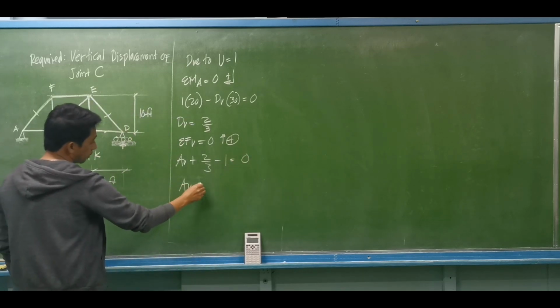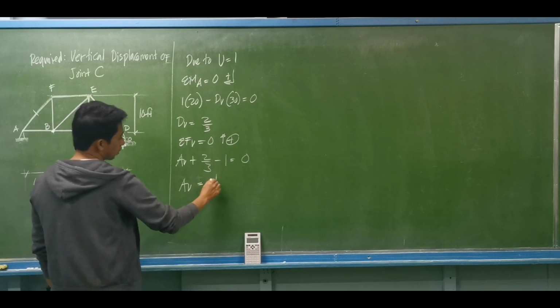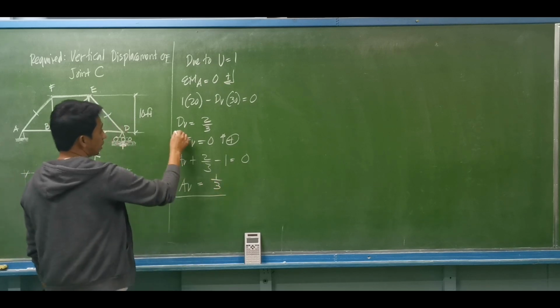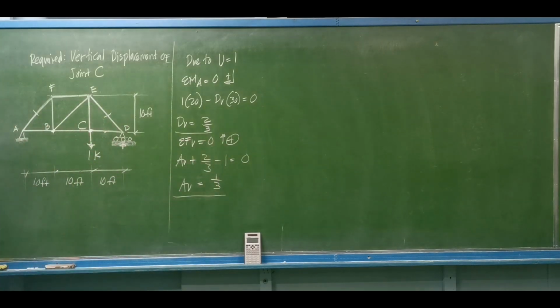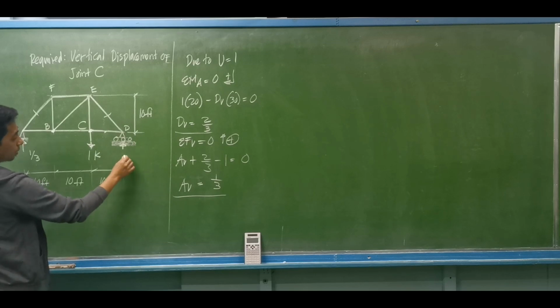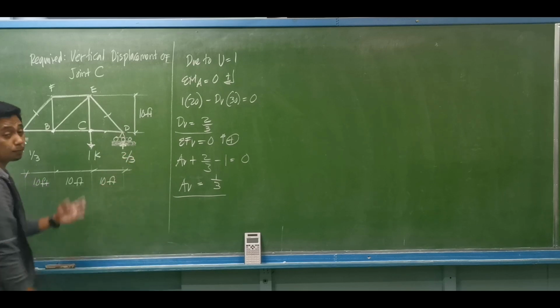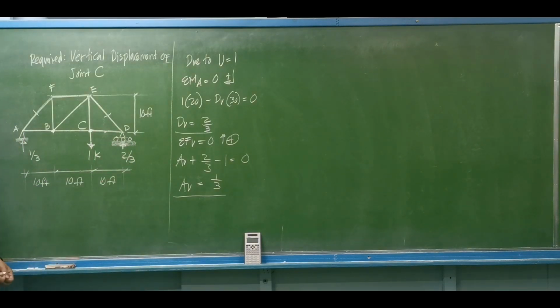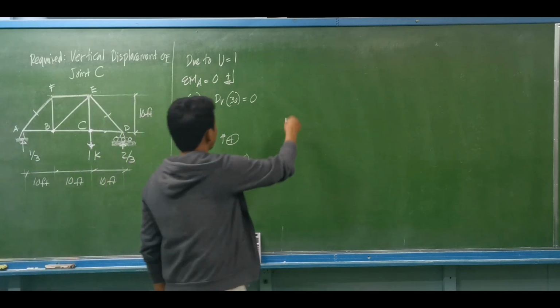So the vertical reaction about point A will be the same as 1 over 3. So those are the support reactions. So we have at joint A, this is 1/3. At joint D, we have 2 over 3. Then we compute for the support reactions. So at joint A,